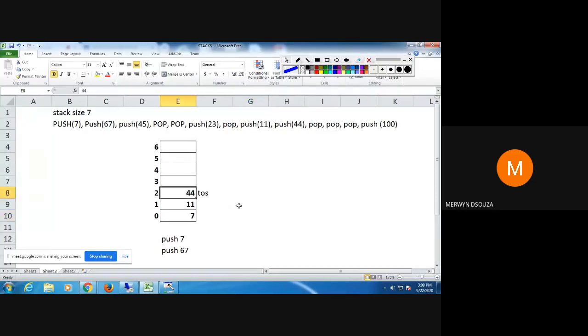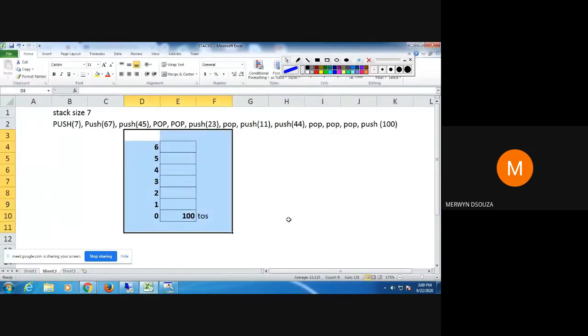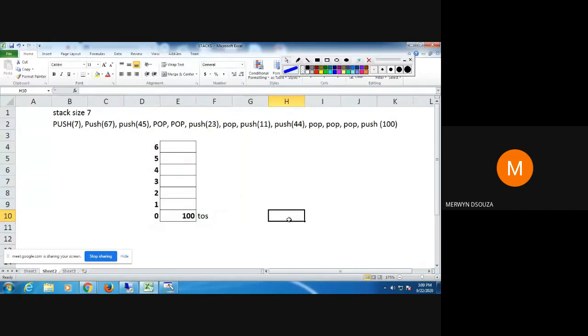When I do those 3 continuous pops, all these 3 values will be deleted. Top of the stack will be here at index 0. This will be your final answer.